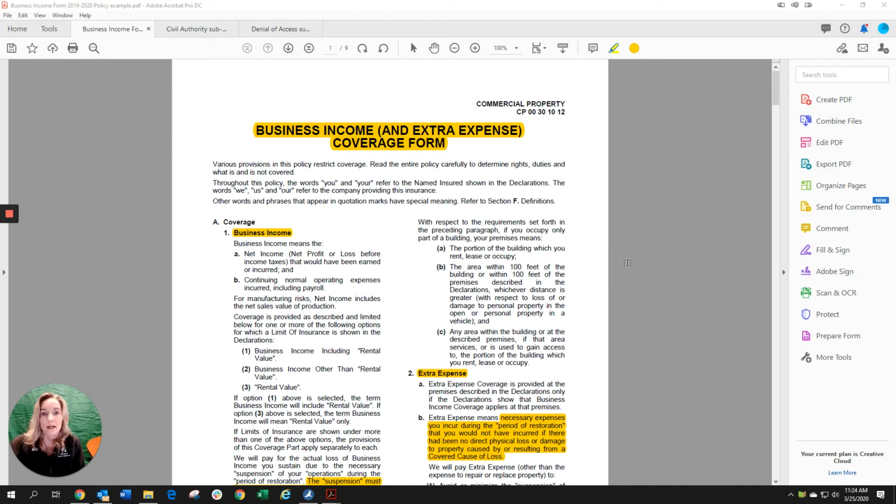Insurance Group. I wanted to take a few minutes to try to answer some questions and do some training on the business income extra expense form that is found on a lot of small business policies, BOPs, and a lot of standard package policies. This is the topic of conversation as to why COVID-19 is likely not covered under your business income. I say the word likely because this is not legal advice.